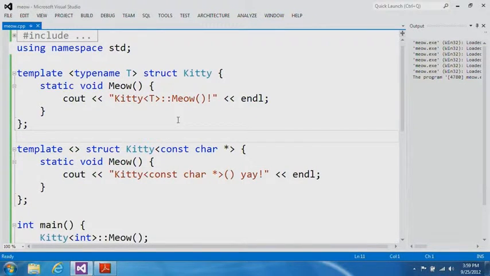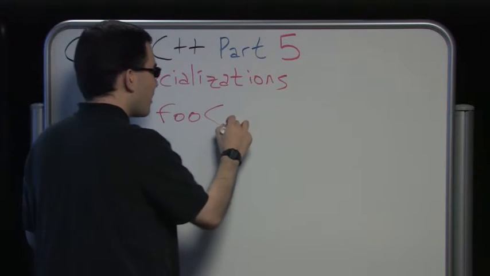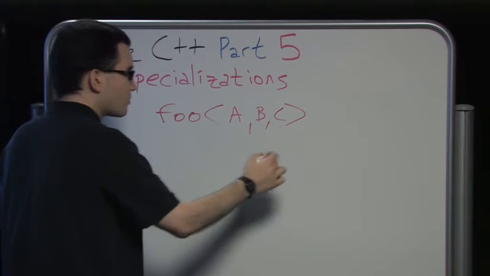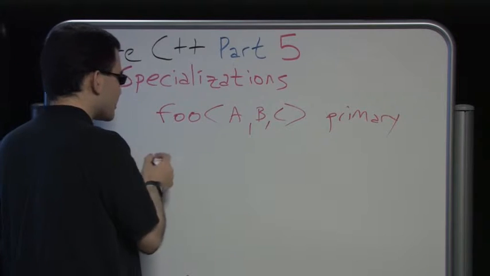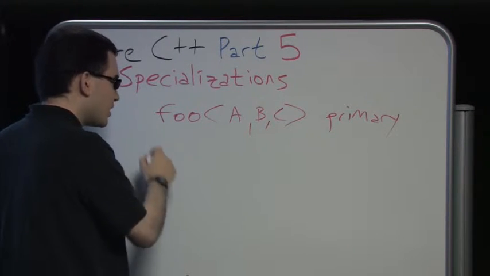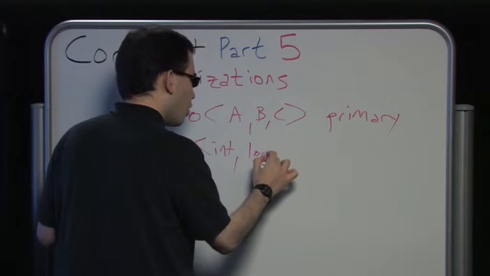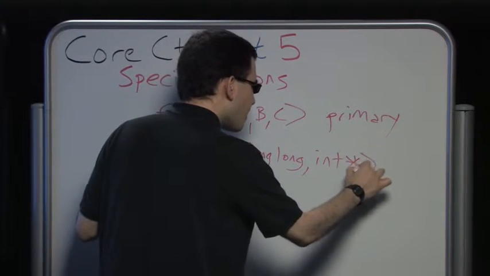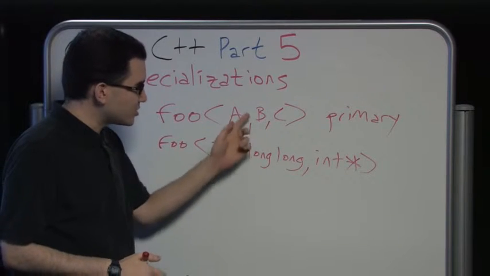So this can work for any number of arguments. Imagine that I had a foo class templated with template typename, whatever, on like A, B, and C. This would be the primary template. I could write an explicit specialization beginning with those empty angle brackets for something like foo of int, long, and int star. So this explicit specialization would be selected only when A is int, B is long, and